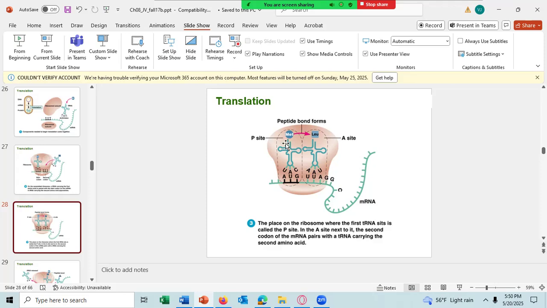What's removing this link between the tRNA and the methionine, and then binding it to the second amino acid here, is actually the